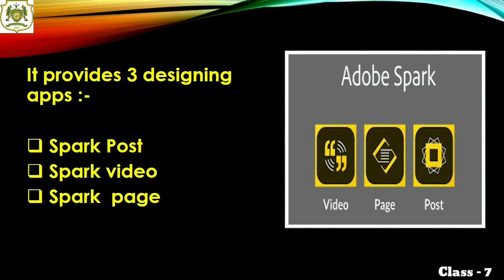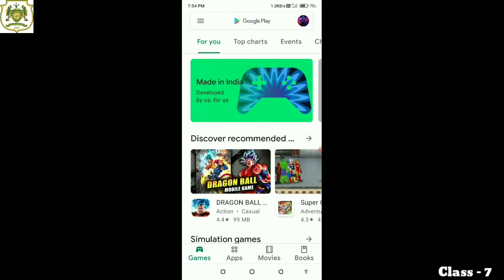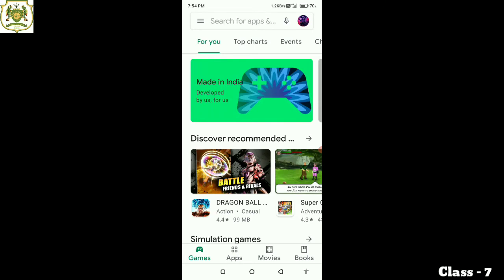Now in next we are going to see how we can install Adobe Spark Post in our Android devices. Now students, to install Adobe Spark Post in your mobiles or Android devices, we need to click on the Google Play Store app. Once we click on Google Play Store, it will show you the search box.